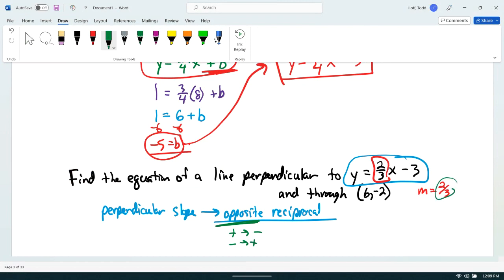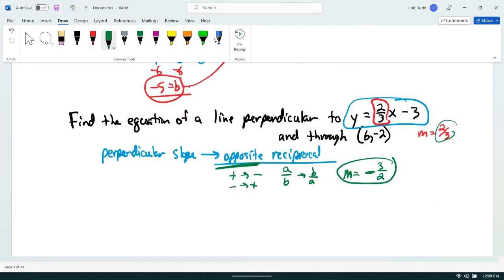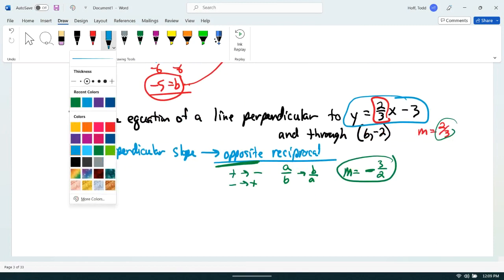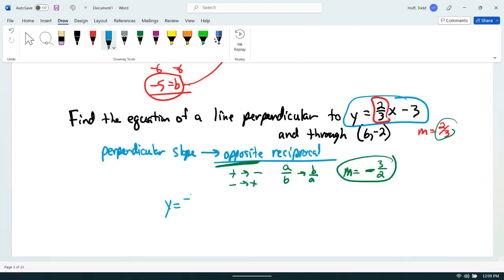Well, this slope's positive, so we're going to become negative for our slope. Reciprocal means A over B becomes B over A. We just exchange the numerator and denominator. In this case, we exchange the rise and the run. So this was 2 over 3, it becomes 3 over 2. So our perpendicular slope is a negative 3 over 2,